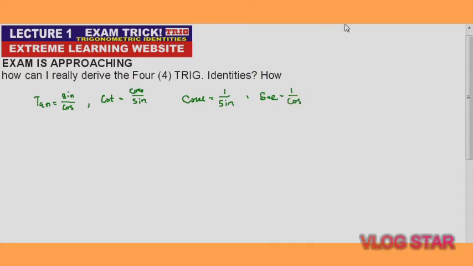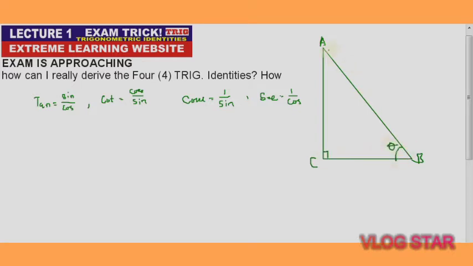Now let me have a triangle here. In this triangle we have this vertex to be A, here is B, and this other one is C. This is the 90 degree angle, and let's say this one is angle theta. The side opposite to A is small a, here is small b, and C is small c. Now by Pythagoras theorem,